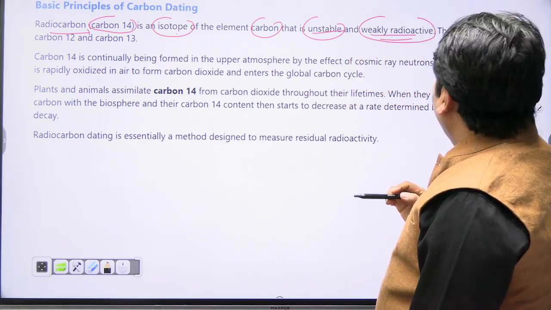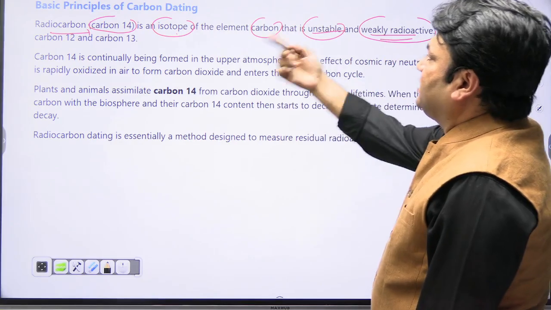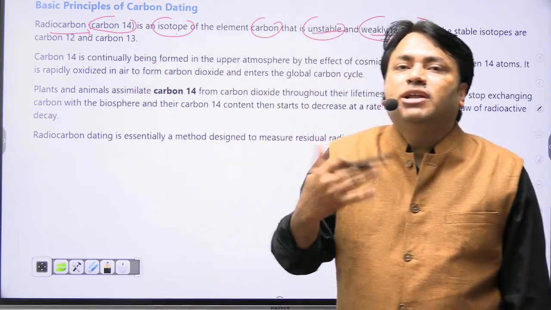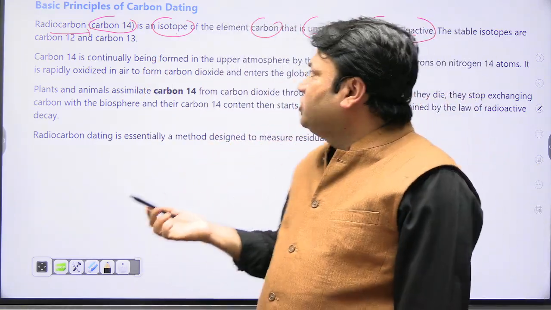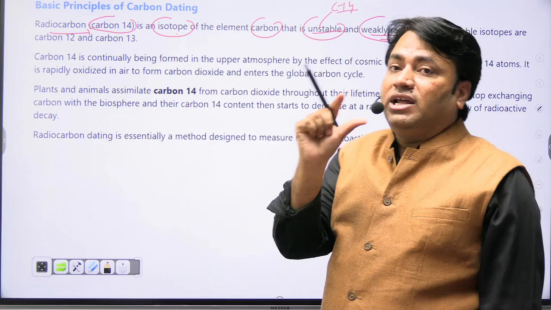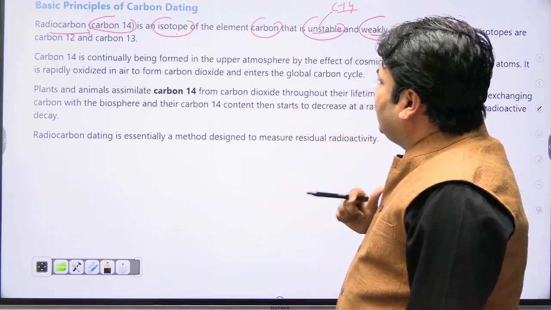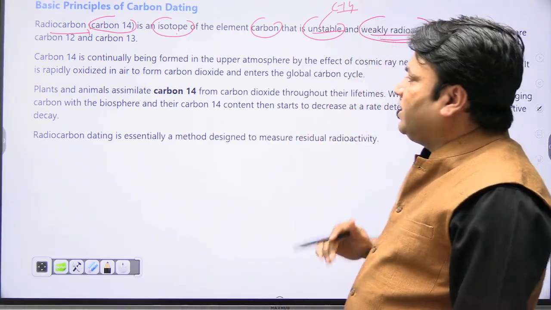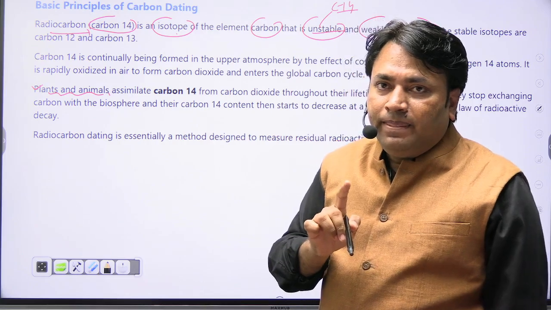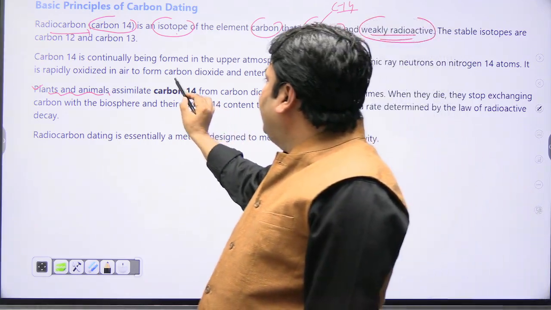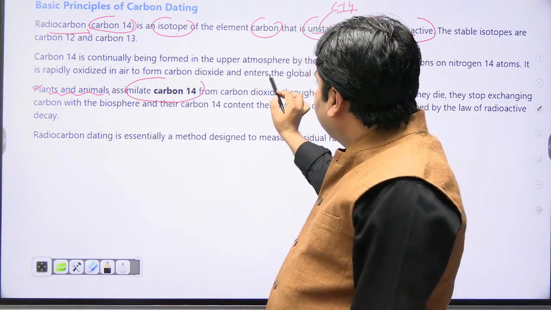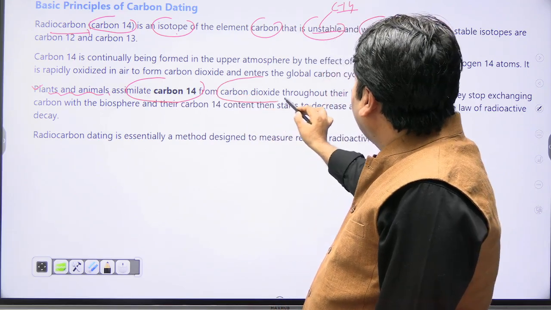Got it? So carbon 14 is an unstable isotope, and carbon 12 and carbon 13 are the stable isotopes. Here we are using carbon 14, which means we are using the unstable carbon method. Why? There is a reason behind this. The plants and animals on this earth, we all assimilate carbon 14. And how do we assimilate carbon 14? We assimilate it from carbon dioxide